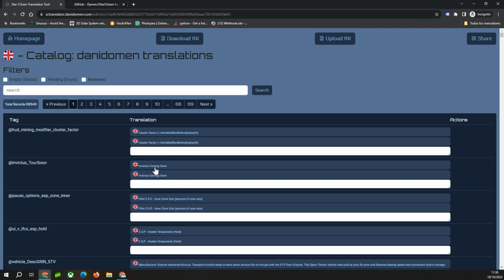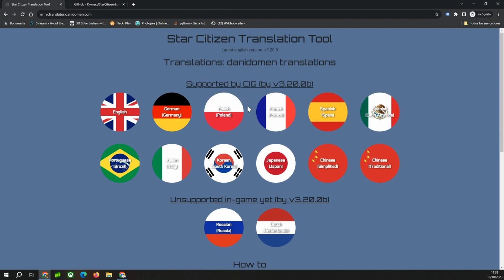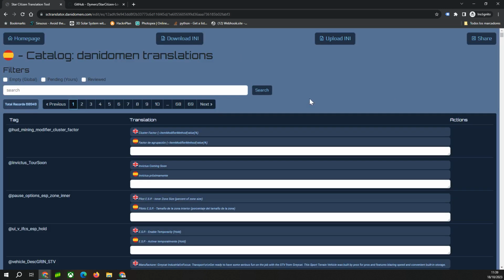As you see, the English is the same because English normally needs nothing to check or change. Okay, if I go to the home page, now I have every translation enabled to start with and to edit them. What does this mean? For example, the Spanish one has the English translation, the original translation that comes from the game, and also the global Spanish translation that comes from the repository.